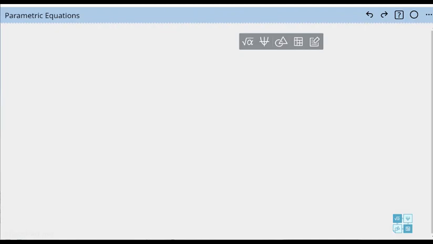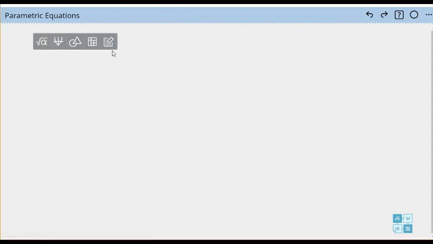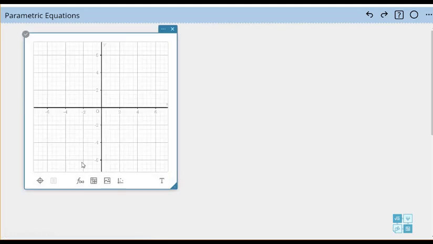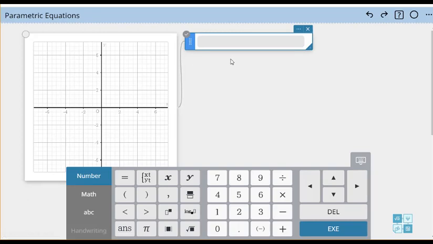Hello there, Classpad.net users. Today I'm going to show you how easy it is to do parametric equations using Classpad.net. So here I am in Classpad.net, and I've got my icons open, and again, to get to that, I can click anywhere on the screen, and I want to go into graphing. So here's my graph, and down here I'm going to hit my function because I'm going to be entering parametric